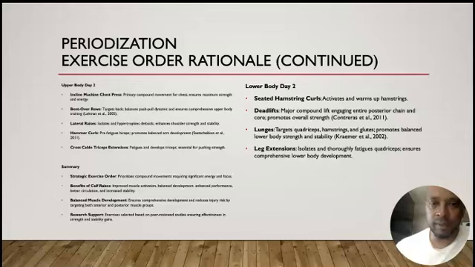Next, we went to lateral raises to isolate and hypertrophy the deltoids, enhancing shoulder strength and stability. And we preceded that with the hammer curls to pre-fatigue the biceps, promoting balance and arm development. We finished that off with the cross-cable tricep extensions to fatigue and develop the triceps, which is essential for your